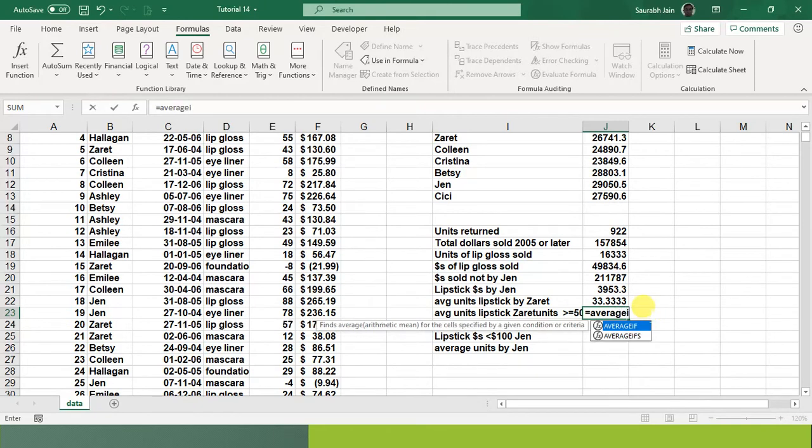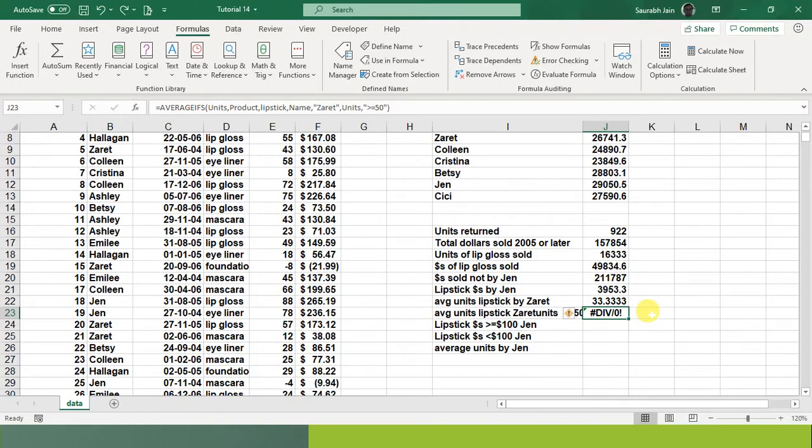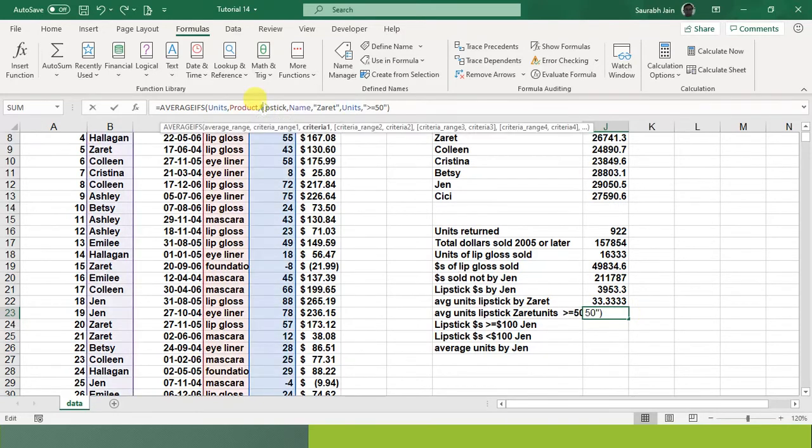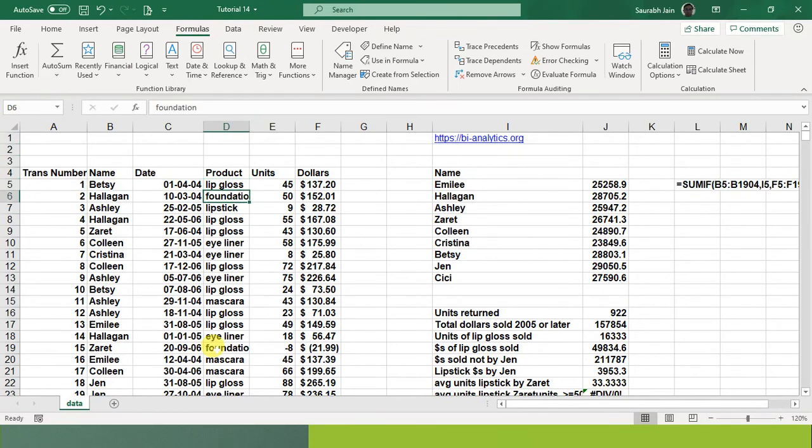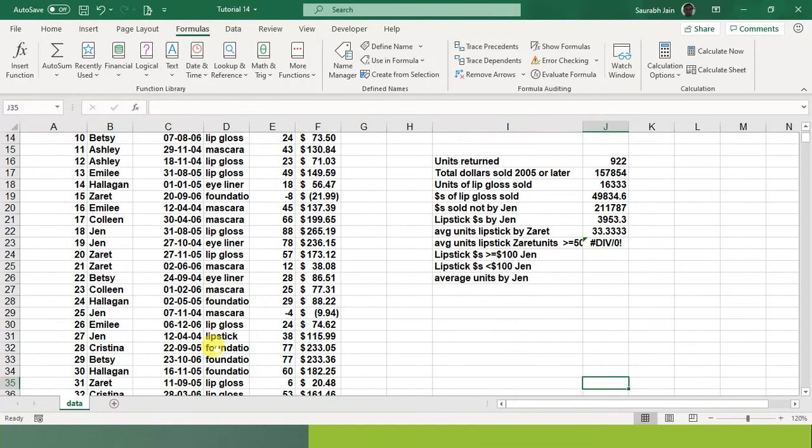Okay, I think I did the mistake. Let me see once again if I can identify my mistake. It's a small one. Let's apply the formula again, no problem. Let's work out what the problem was.